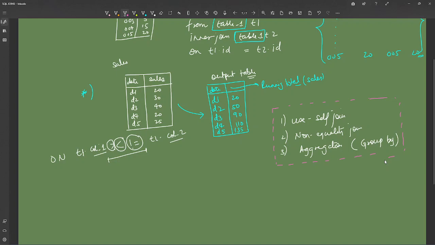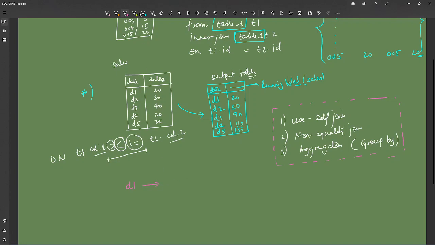ओके, थोड़ा सा और हिंट देता हूँ. Think about it. For running total, for every day I want the sales of all those previous days including that day, right? So think about it that way. The data table that I want for D1, if I want the final aggregation for D1, what do I want? I want the sales for all of those previous days. That means D1 has to be somehow matched with,